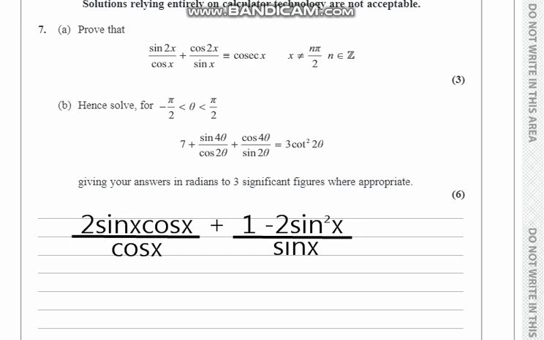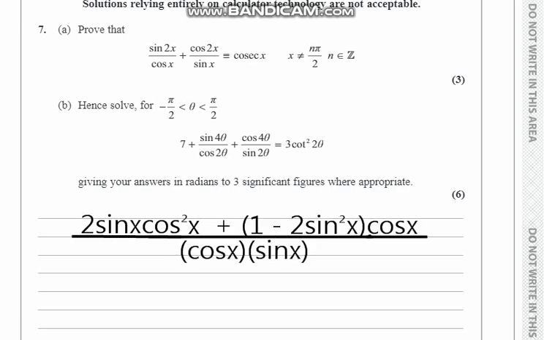Now I'll cross multiply sin x with 2 sin x cos x, and cos x with 1 minus 2 sin square x, and the product that we'll get is, there you go. Now cos x and sin x will become our LCM. So I'll multiply cos x into the bracket with 1 minus 2 sin square x to expand it. Made a mistake here, that's not x square, that's 2 sin square x cos x plus cos x minus 2 sin square x cos x upon cos x and sin x.